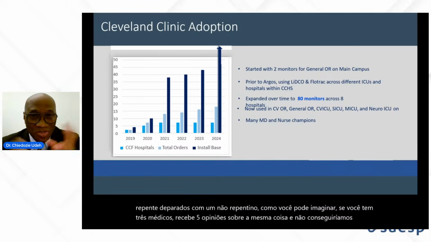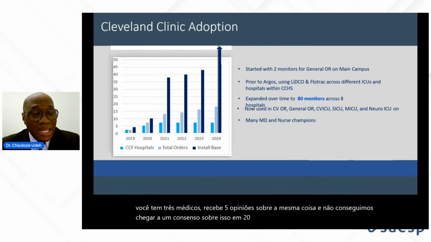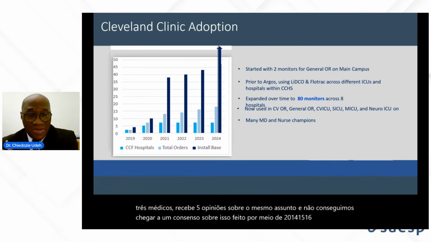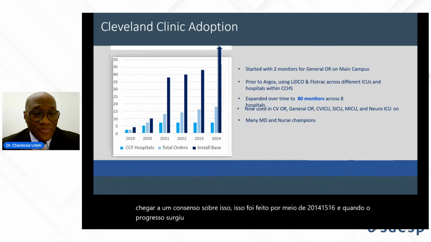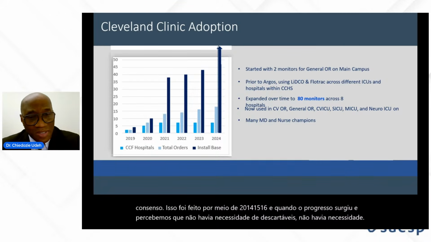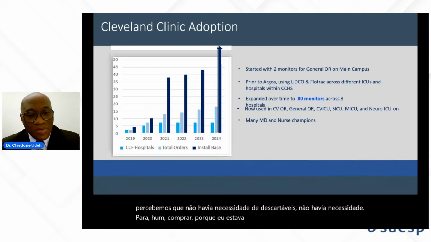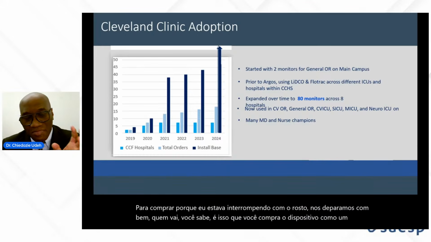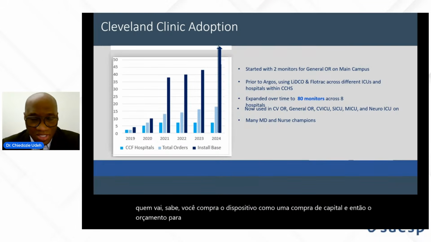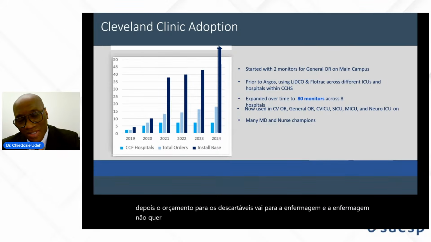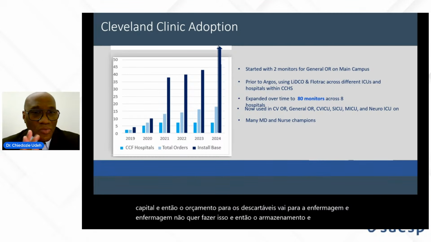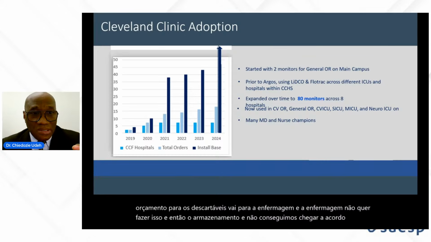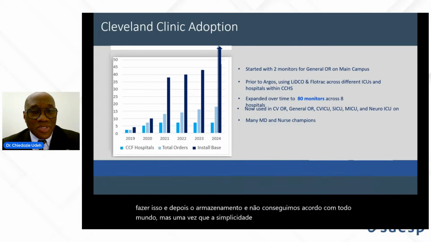This was mid-2014, 15, 16, and when the Argos came out we realized there was no need for disposables, no need to purchase them, because that was another thing we were faced with. Well, who's going to buy them? You buy the device as a capital purchase, and then the budget for the disposables goes in nursing, and nursing doesn't want to do this, and then the storage, and we couldn't get agreement with everybody. But once the simplicity of use was demonstrated, the nurses were very ecstatic, because now they didn't have to